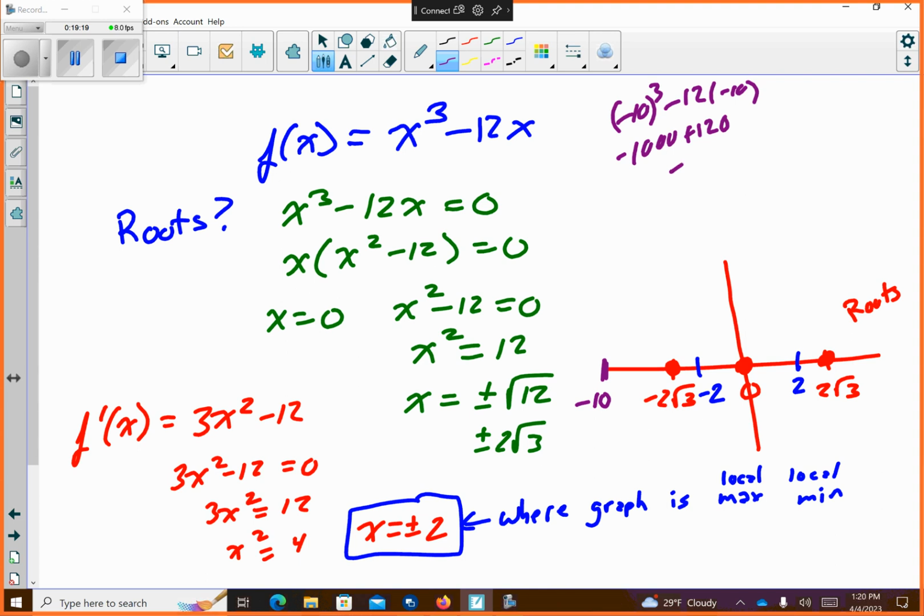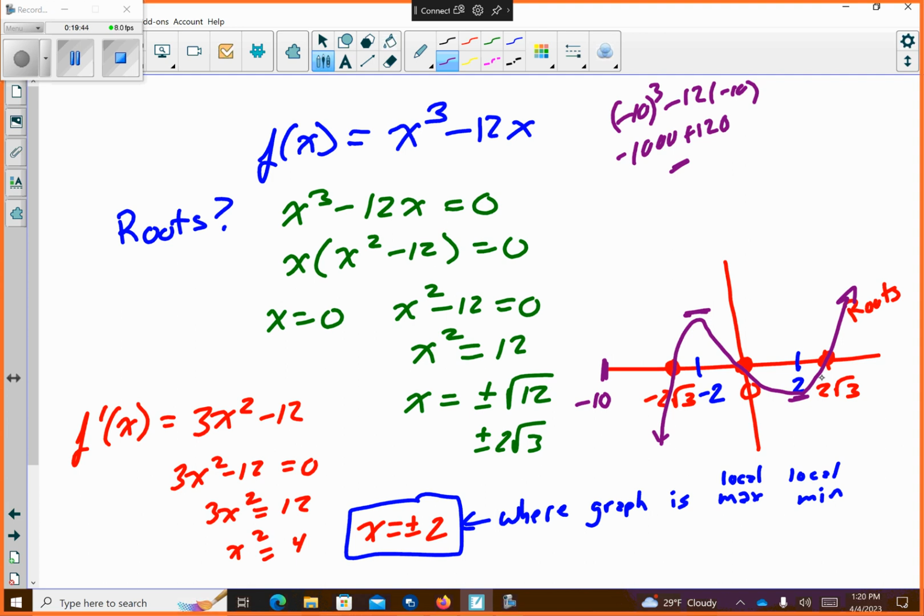So that's definitely a negative answer. Negative answer means it's happening down here. So this graph is basically doing this. Looks something like this. I don't know how high or how low it's going to go, but at the 2